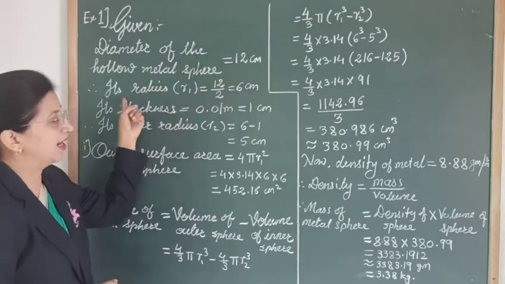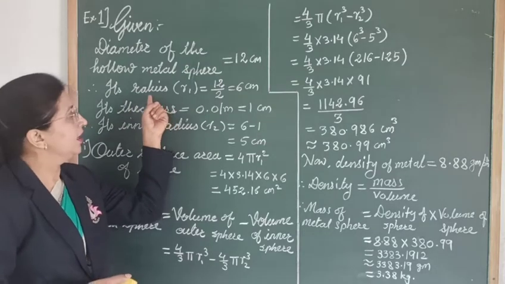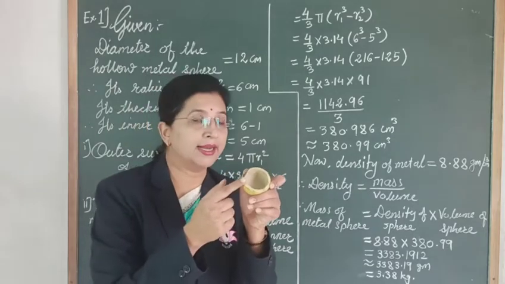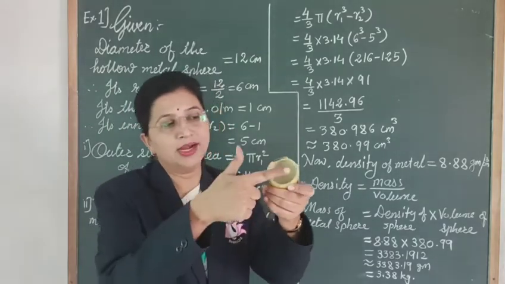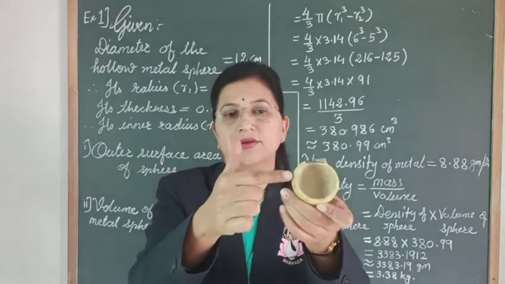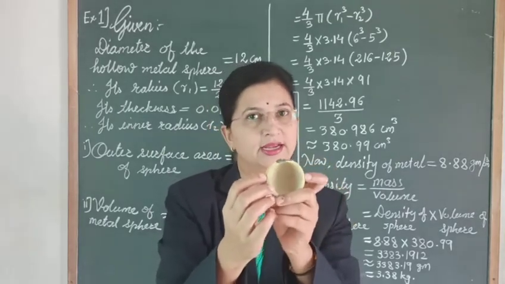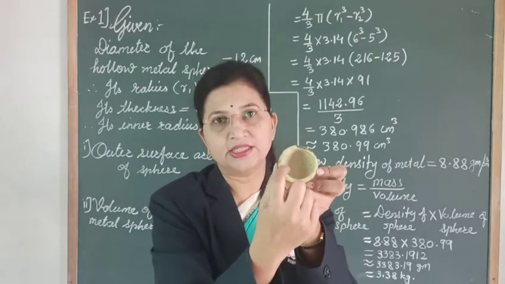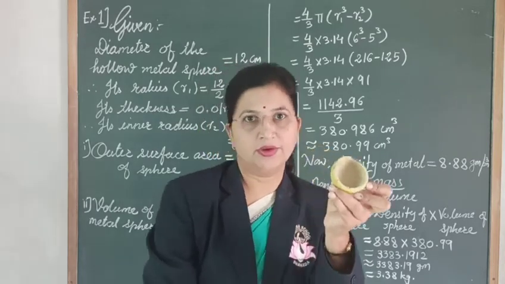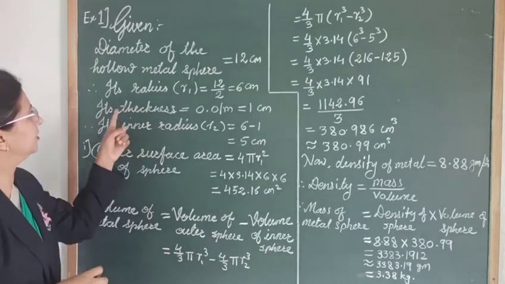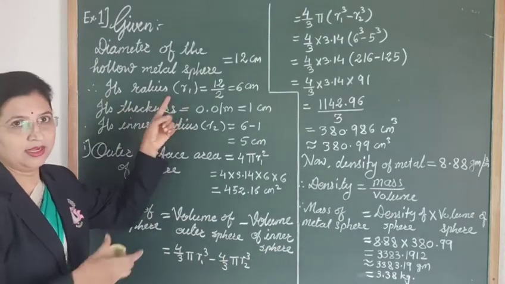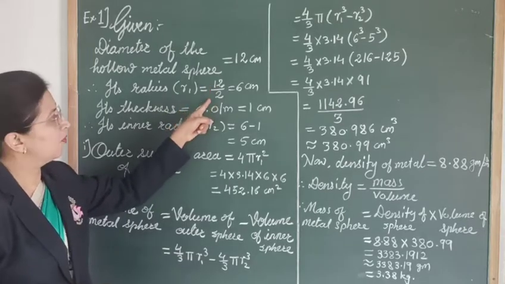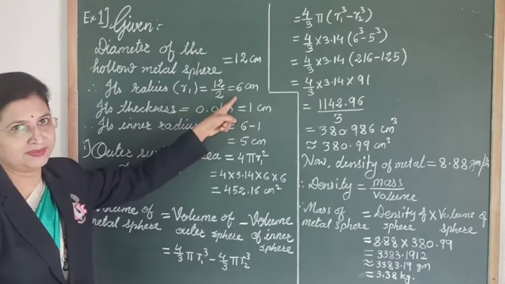Okay, so from that we'll find the radius. Now here, as it has thickness, we'll get two radii. One will be this outer radius, from this end to this end, and excluding this thickness we'll get the inner radius. Let's consider the outer radius as r1, that is 12 upon 2. We'll get it as 6 centimeter.